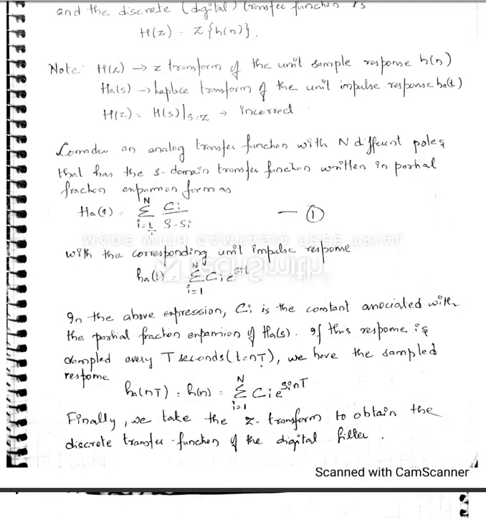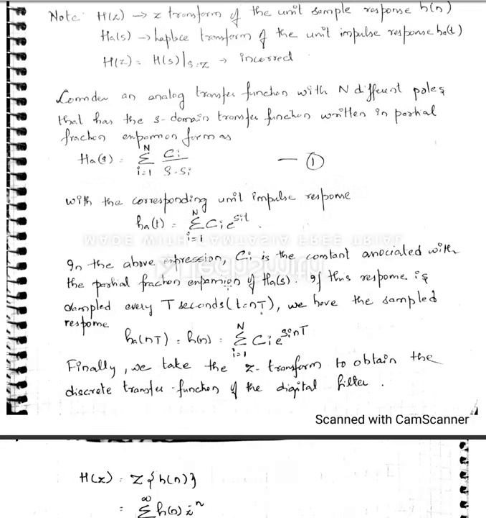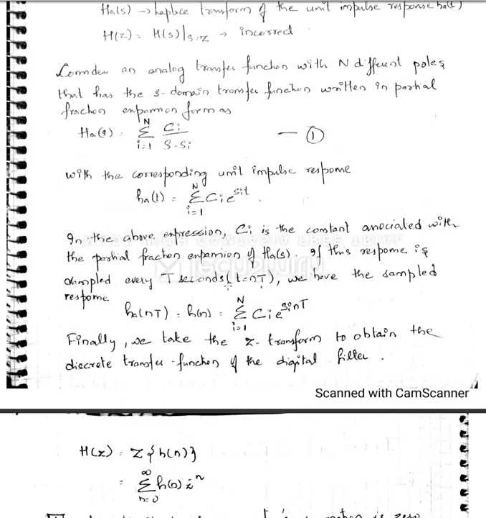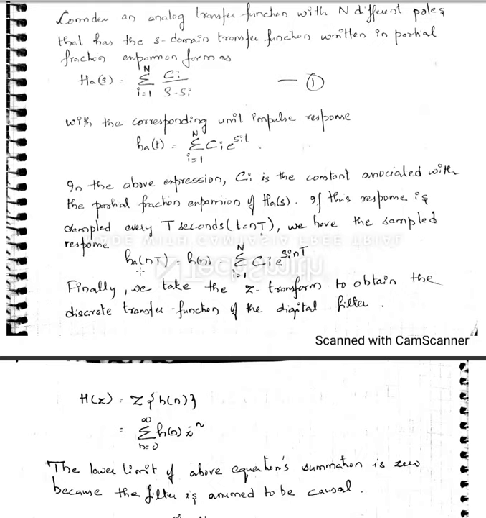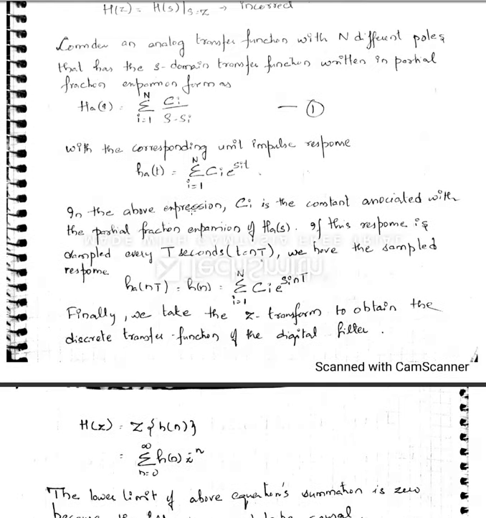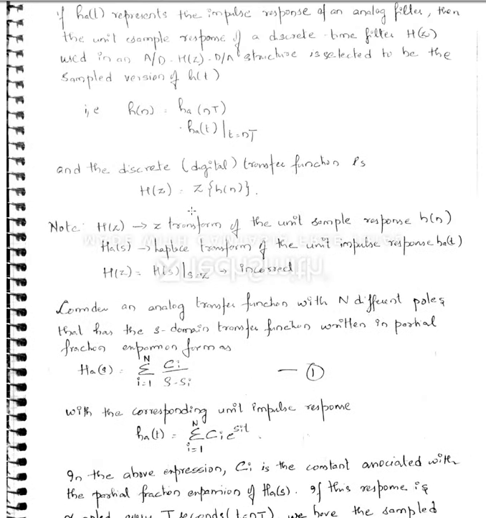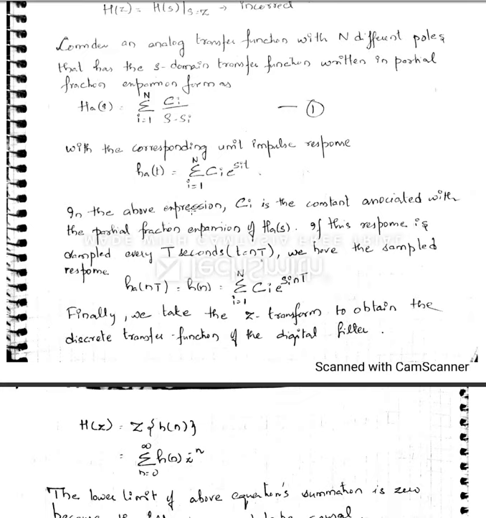And it will have its corresponding impulse response noted as this. Now what it is trying to say in this particular expression is what exactly the ci is, how it is associated with your h a's. All right. Now h a of t, see, this h of t can also be written as h a of n t, with this. It is equal to this.